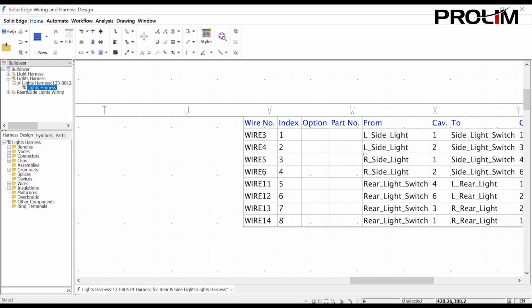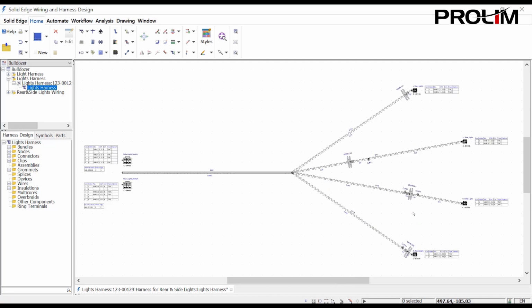Solid Edge Electrical Design Solutions, industry-proven solutions for the design of electromechanical products, enable you to bring products to market faster without sacrificing quality. To learn